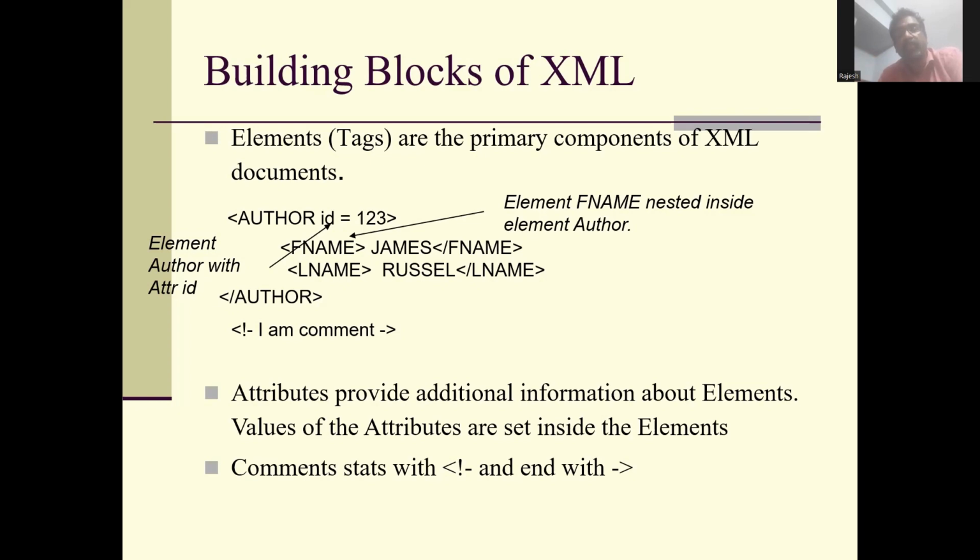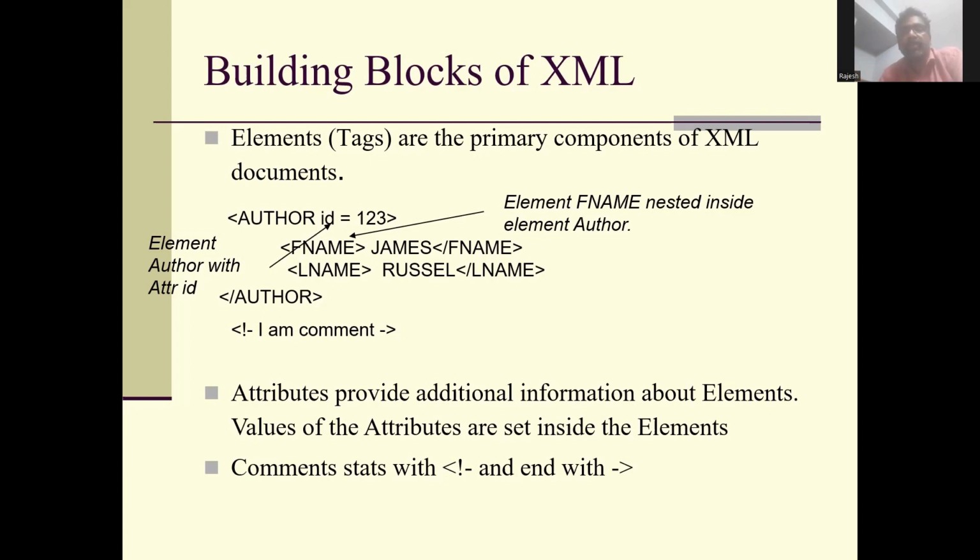It is in a sibling node. Here the attribute is an ID, which provides additional information about the author element, right? The values of attributes are set inside the element. The value of the attributes always start with and close with single quotes